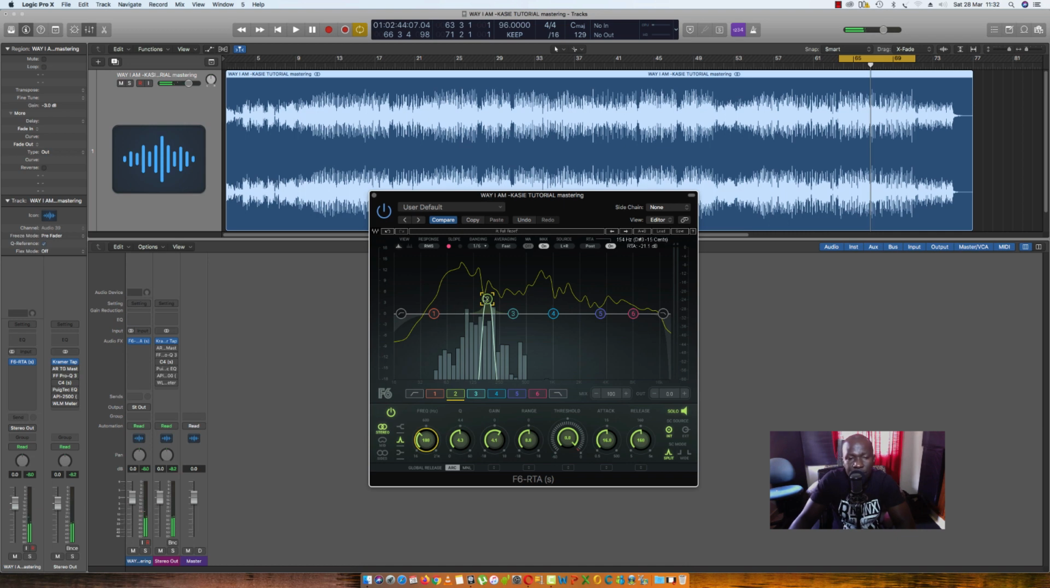Right about there, I feel there's something, but it's very minimal. It's not too much because in the mix we dealt with all these frequencies. So now at the mastering level, we're just trying to find those remaining unwanted frequencies so that we deal with them. Okay. So if I unsolo it and play together,